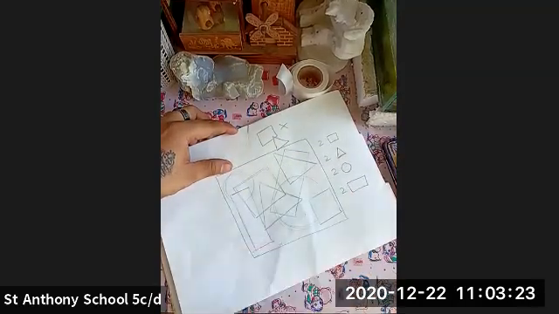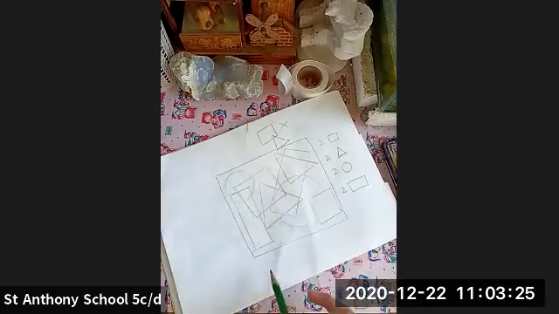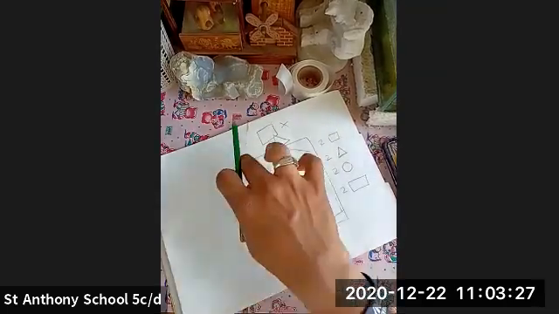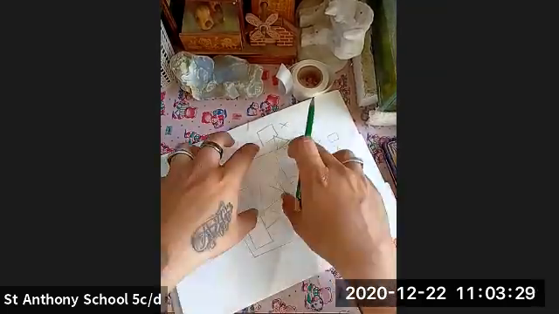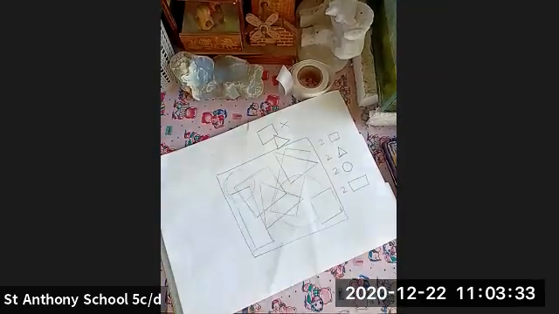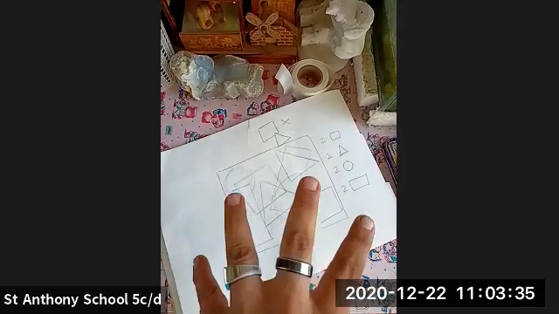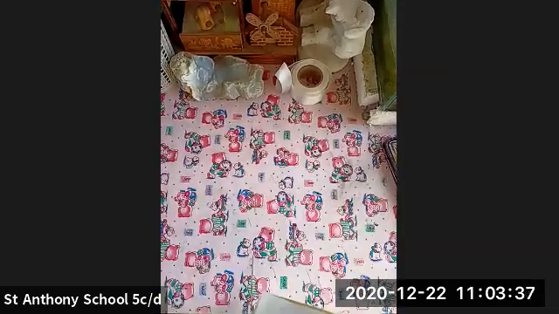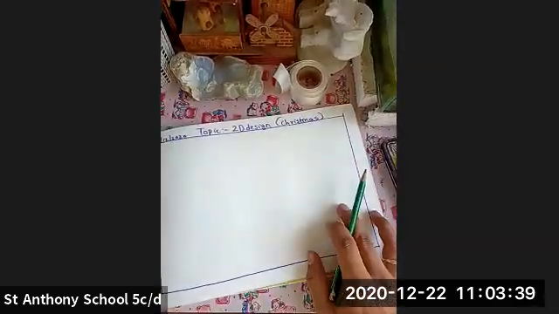Look, this is called overlapping, and this is how you are going to occupy the space. Here you can see I have divided everything equally. So this is how you are going to do it. Now this was the basic. We are going to do it in the Christmas form.